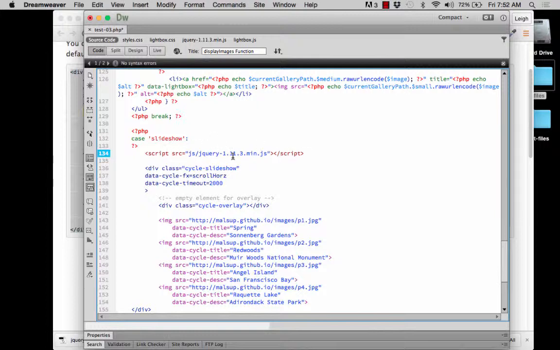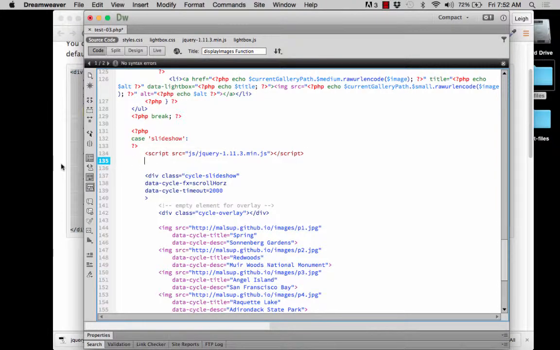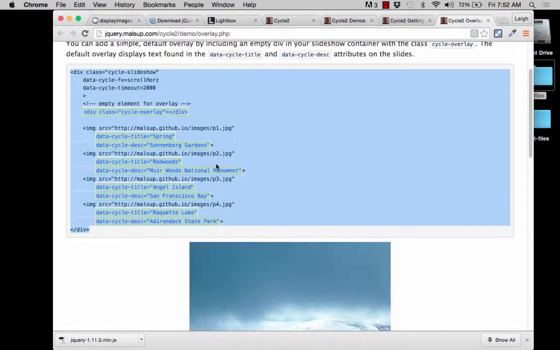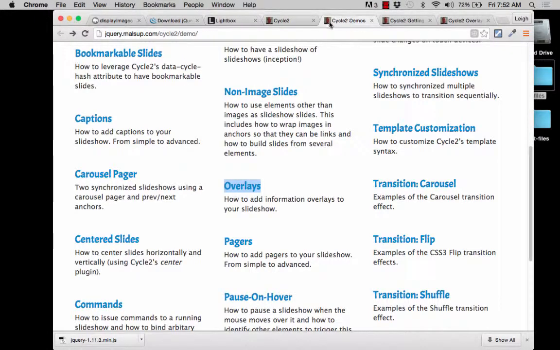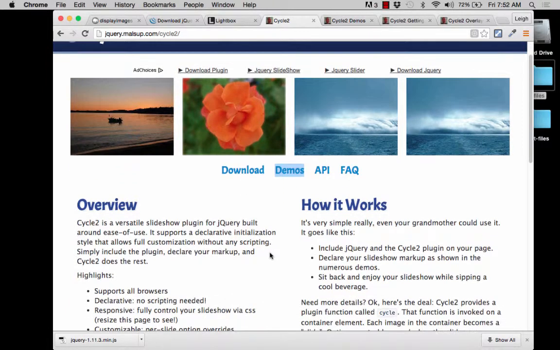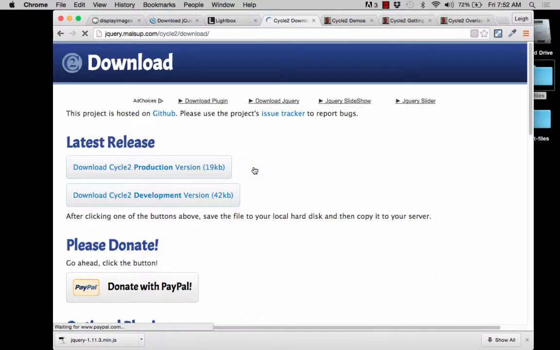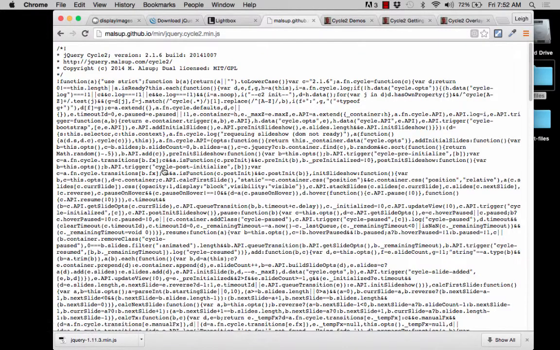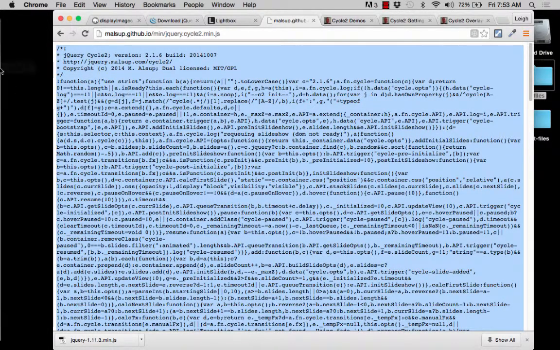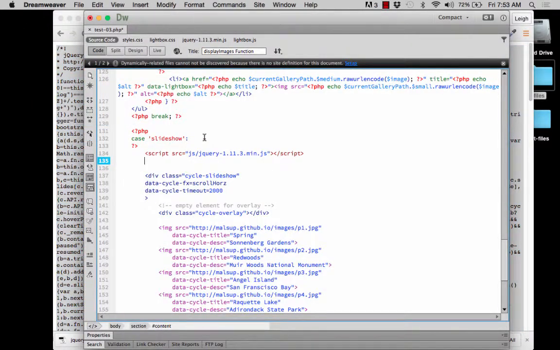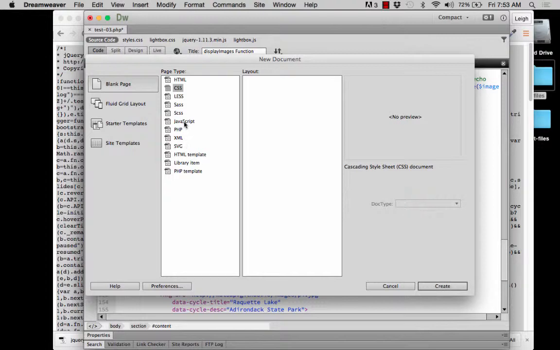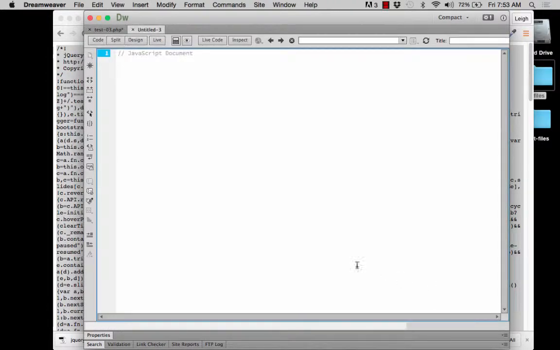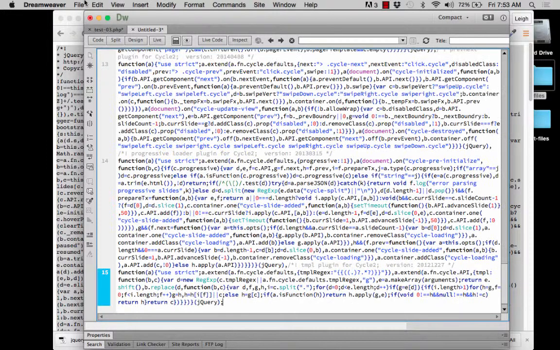And then now what we need is the script file for the plugin. So let's go back over here, and I still have my original page open, and he's got this download link. And if you look here, you click on download, and he's got the production version, and you click on it, and what you can do is you can just select all, copy it, and then go back over to our scripting editor. I'm going to create a new file, and it's going to be JavaScript, and let's get rid of that. I'll paste it, and I'm going to save it,